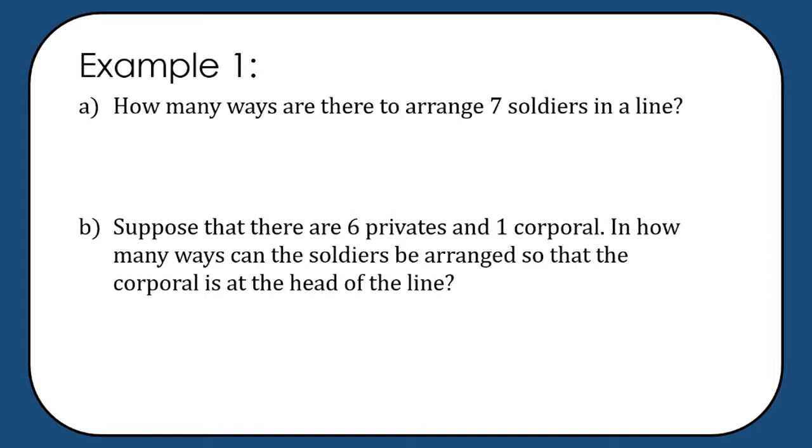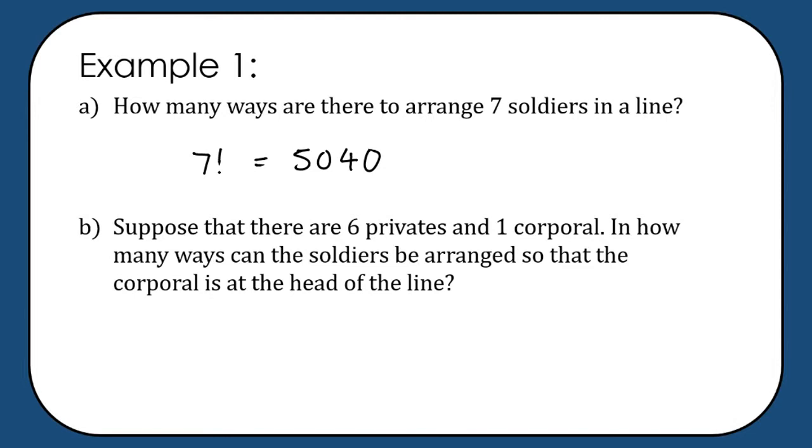In how many ways are there to arrange 7 soldiers in a line? So we could set up 7 little pigeonholes and think it through, but simply arranging 7 objects in a line, we know that that is going to be 7 factorial. And so if I go to my CAS, 7 menu 5.1, that is 5,040